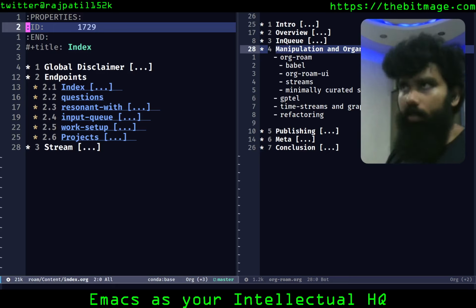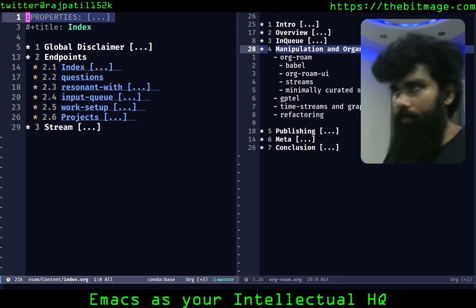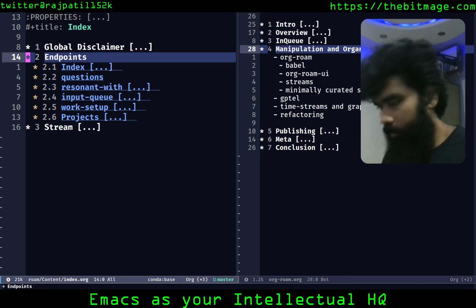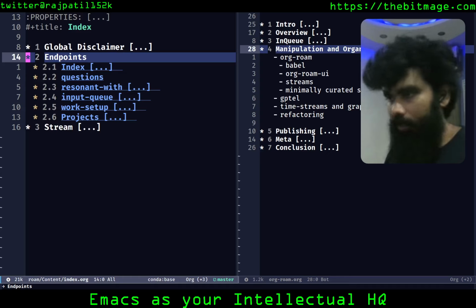Getting back into what we were talking about, forget about the 1729 thing. This is how org-roam structures your files. If you change your ID, you're messed up. But if you change your file names or anything like that, you should be fine. That is good for me, because that is the way I like to work. I like to keep it flexible. I like to keep the links abstracted away from how I'm actually working.